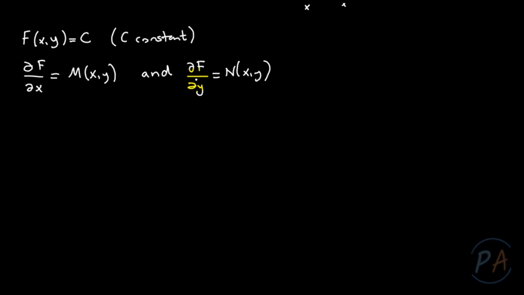In this video, I have chosen the first one, that is, the partial derivative of f with respect to x is x cubed plus y over x. Then multiplying both sides by del x, del f equals (x cubed plus y over x) times del x, and integrating both sides,